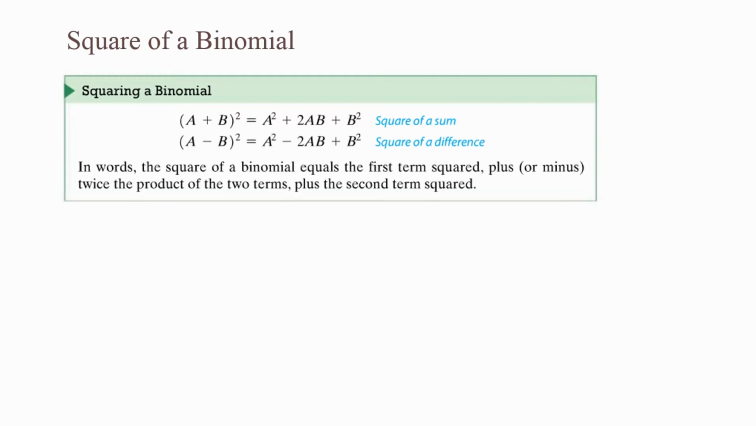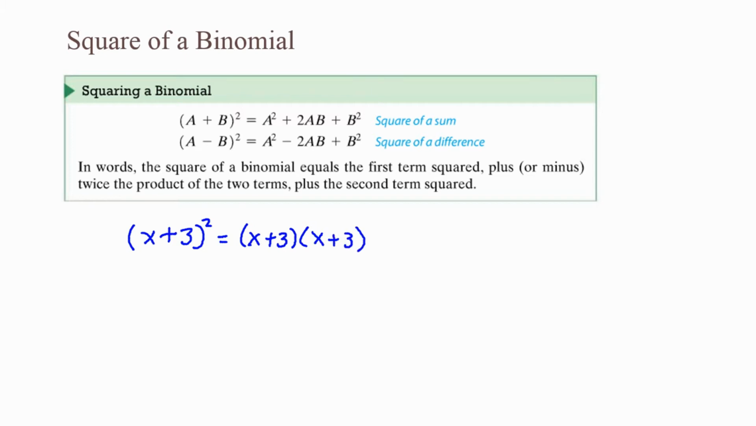Square of a binomial. A binomial squared is when you have two terms in a parenthesis with a square on the outside, or you have a binomial times itself. When you multiply a binomial by itself, we have a pattern. If I have x plus 3 squared, that's the same as x plus 3